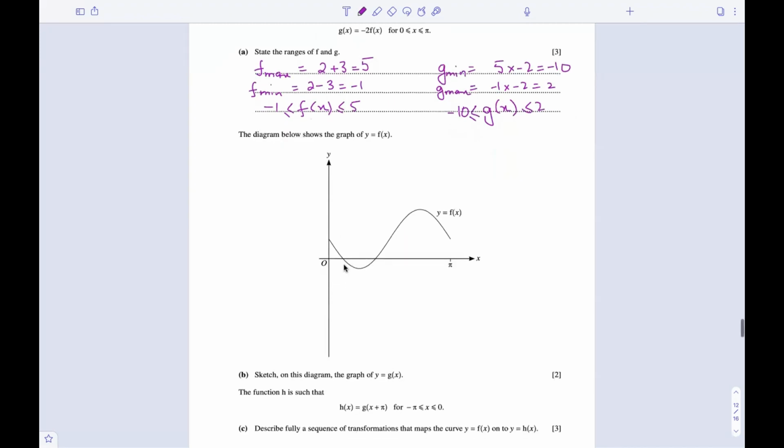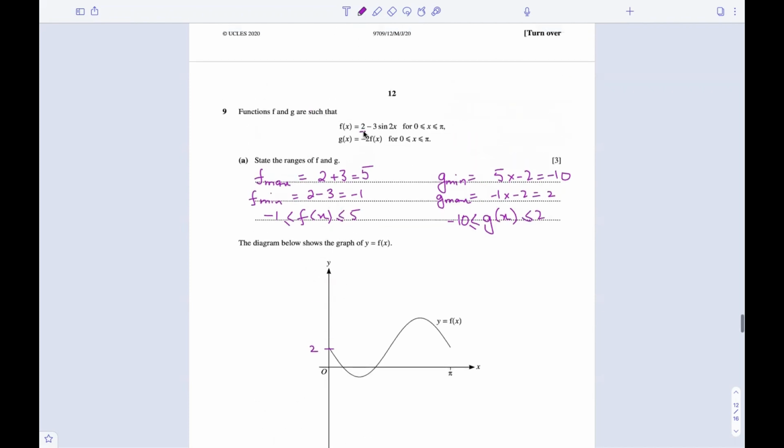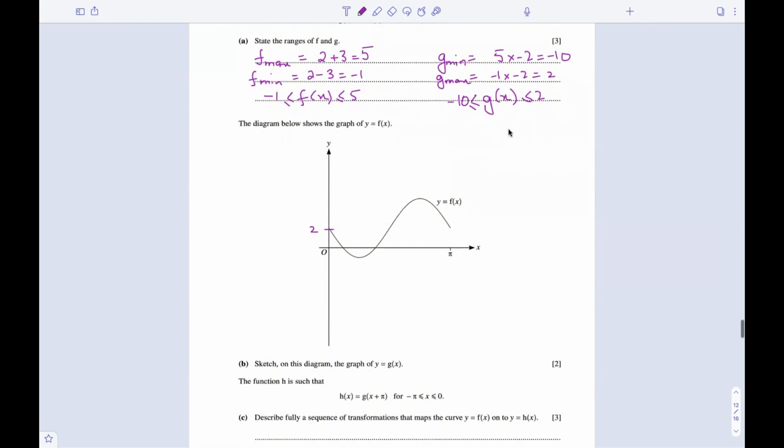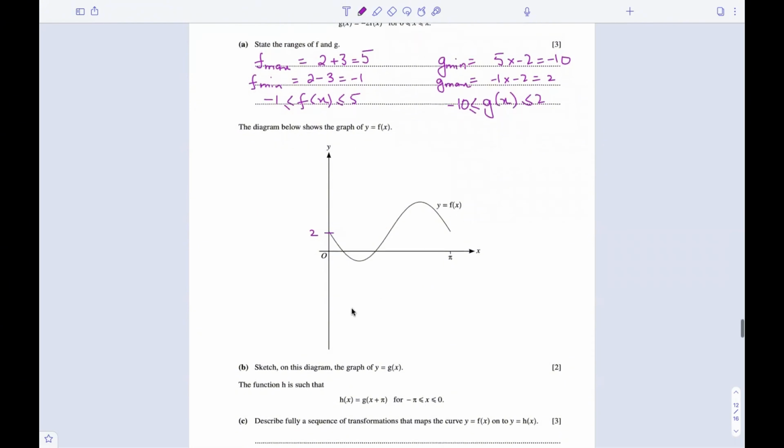Now in part B, we have the graph of y equals f of x given. We have to sketch the graph of y equals g of x. Now we know that this point is 2, as the graph of f of x moves 2 units upwards. The highest value of g of x is 2 and the lowest value is minus 10. So let's say minus 10 is over here. The total difference between the maximum and minimum value is 12. So the amplitude would be 6, which means that